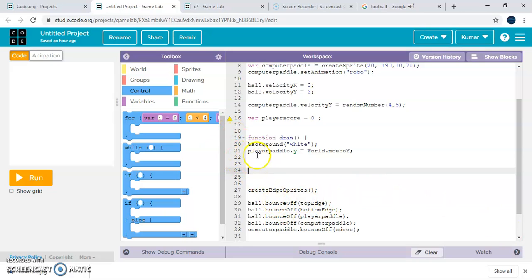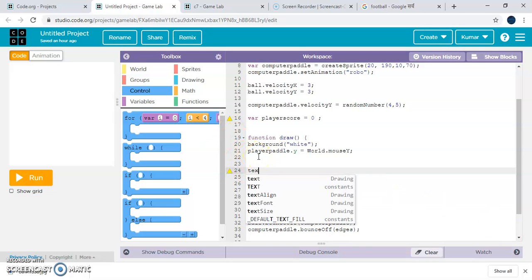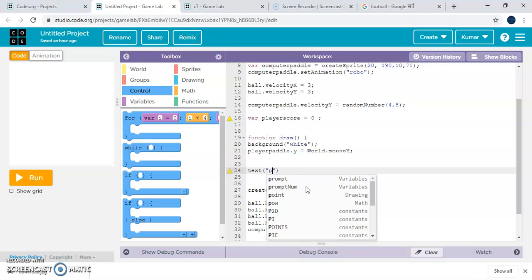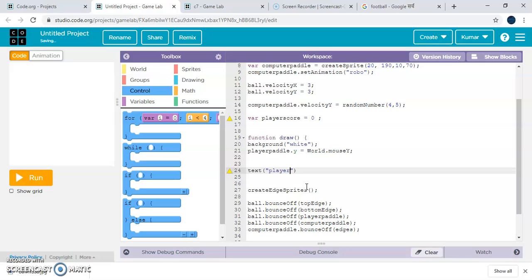We'll use a command called text, and in the string we'll name it player, then a plus sign and score, and its position will be somewhere 350 and 60.